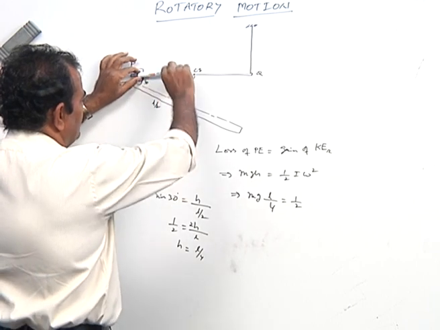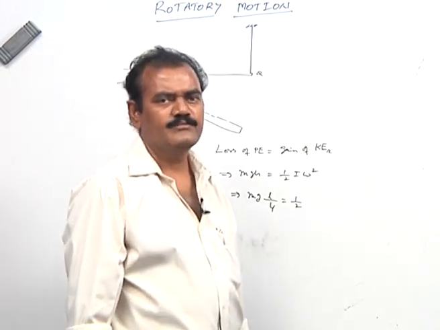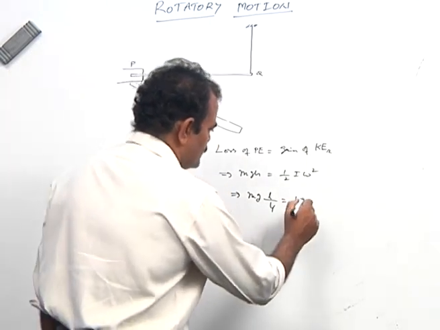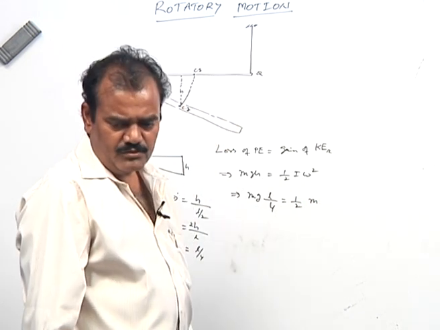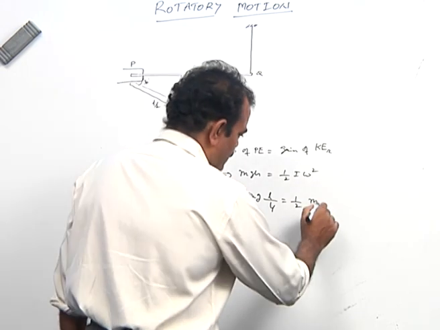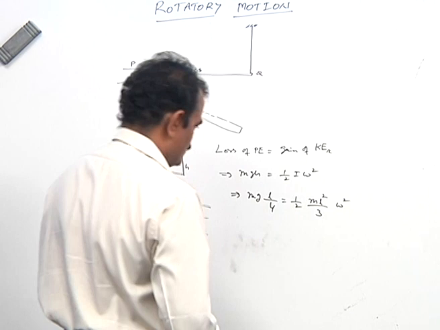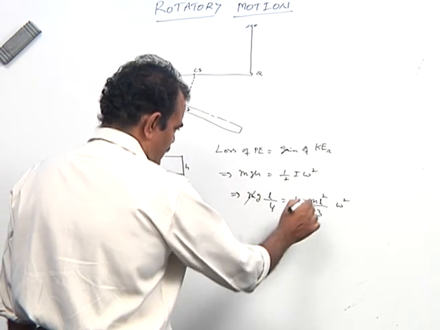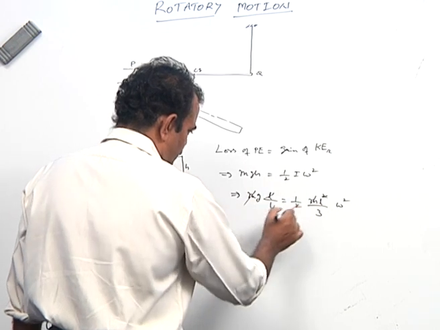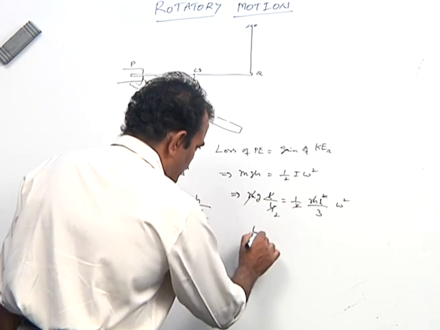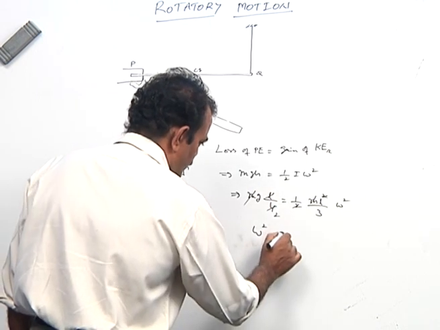It is rotating with respect to one end, for which we have to apply the formula I = ml²/3. So that's why ml²/3 is to be applied. Here also it is given in terms of L only. So ml²/3, and thereafter ω² will be as usual. So m will be cancelled, and one L also will be cancelled, and thereafter it becomes a 2, and that ω² is equal to 3g by 2L,